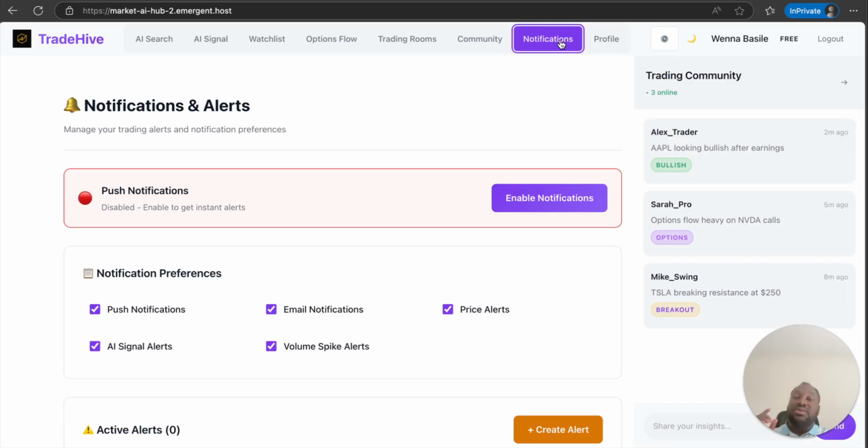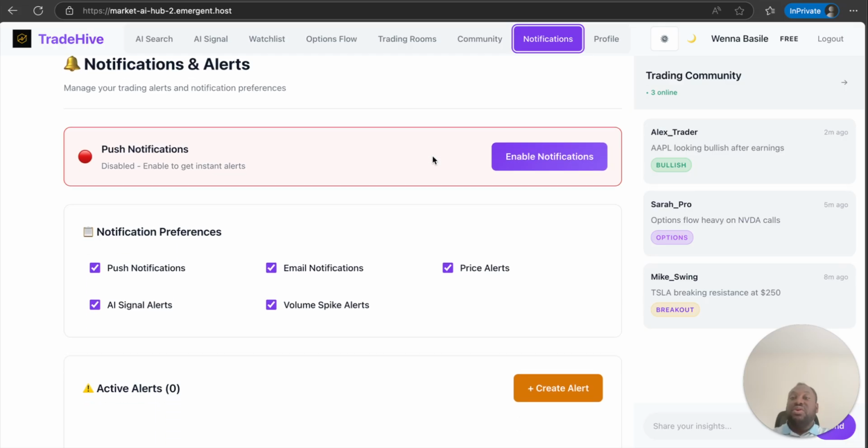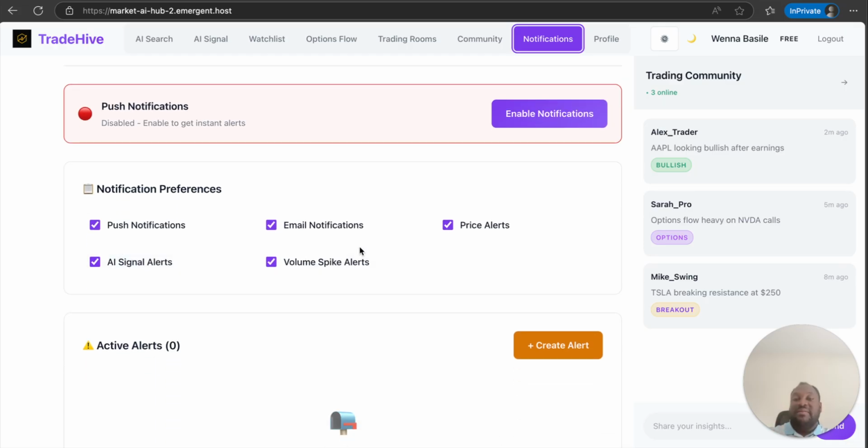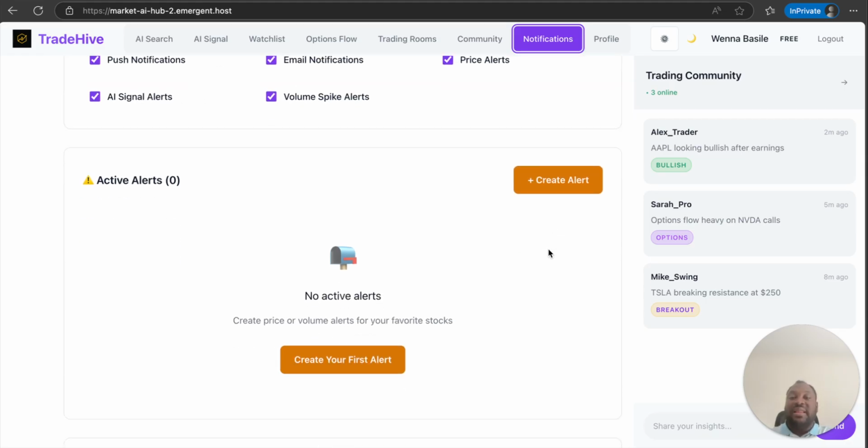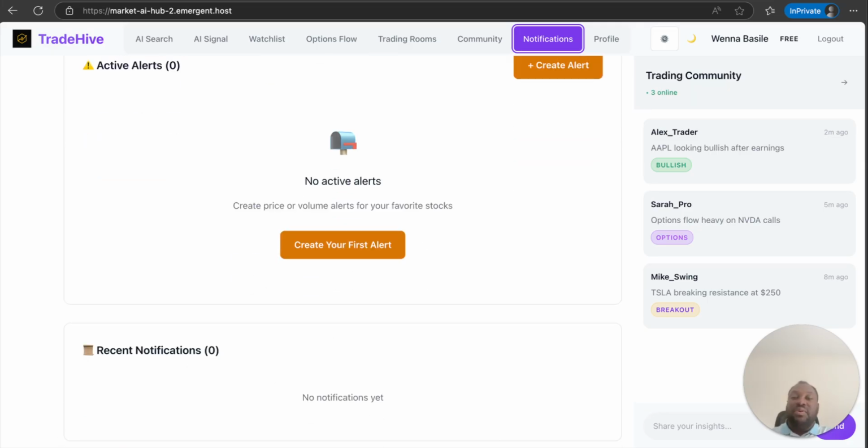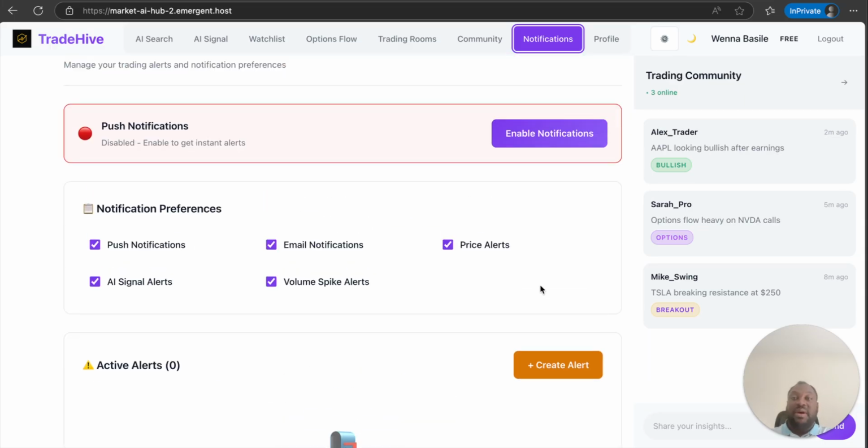And what is great about this app is that it has notifications. So you can choose which notifications you want. You can have a push notification, an AI notification, or the search notification from here. Anything that you save in your watch list, which we saw earlier, you can set triggers on and it will give you strong notifications, like volume spikes. You can create your own alerts, and it will give you recent alerts, and you will never miss anything. So if you're on your phone, you can turn the alert on and it'll give it to you.